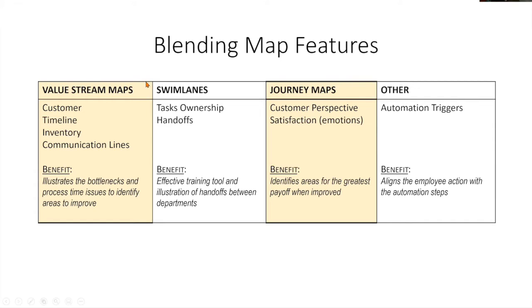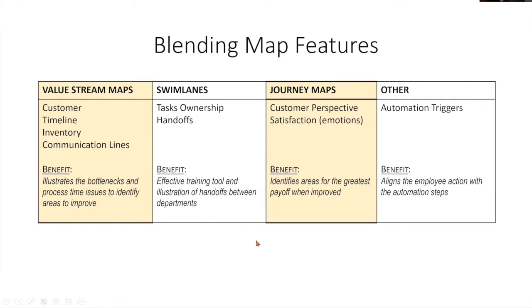So from value stream mapping, we want the customer, we want timeline, inventory, how much inventory there is and how much of a lag time there might be, communication lines. We're looking for the bottlenecks and the process time issues. For swim lanes, we're looking for the task ownership and the handoffs. And it's very effective for training tools and illustrating how that works with the technology and the